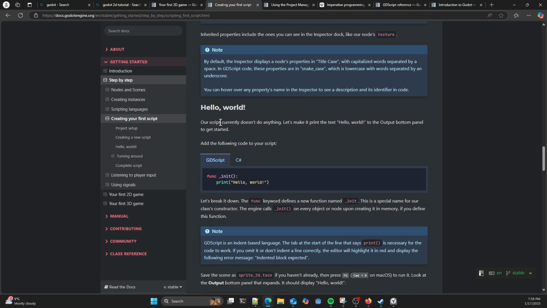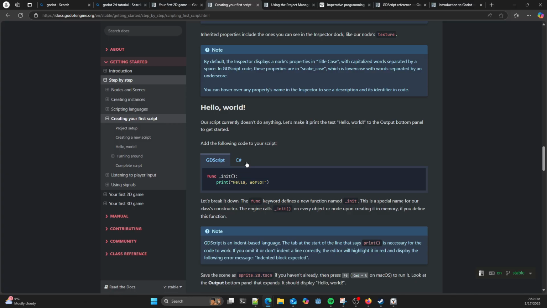Alright, so our script doesn't do anything, but we're going to make it print stuff at the bottom output panel. So here's how you define a function. Just give it func and then a name. By convention you put an underscore, which keeps it private to this script.